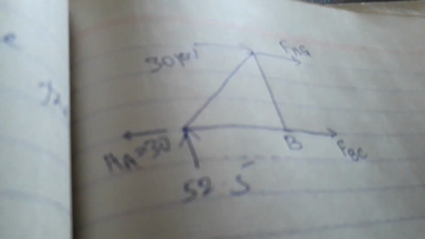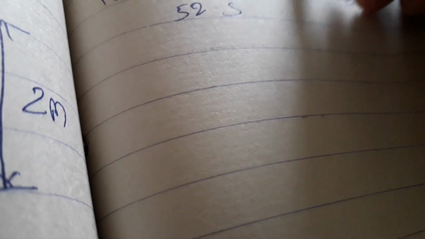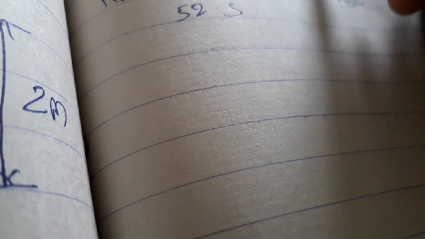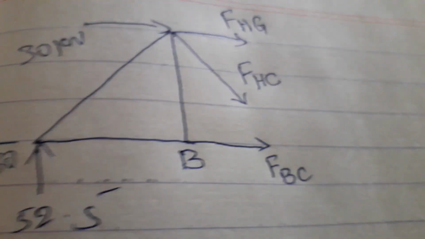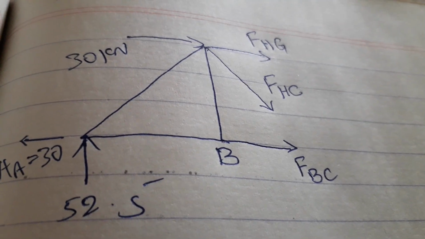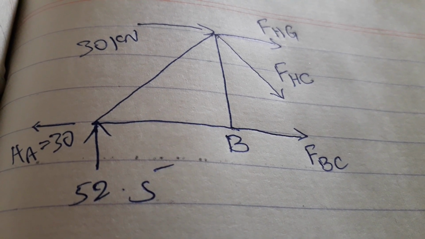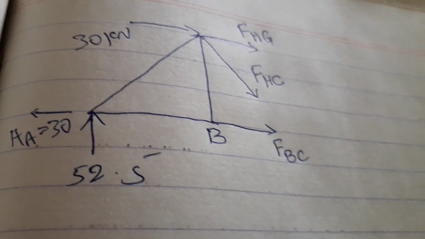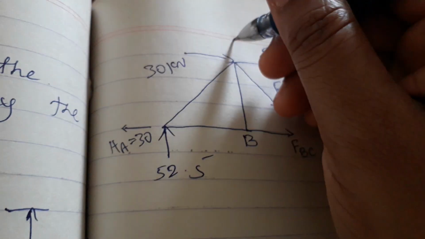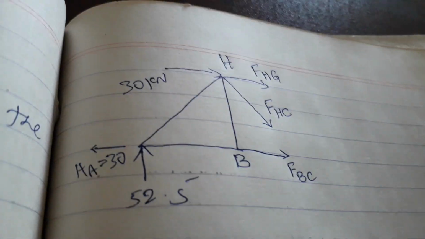And here it is like this, which is FHG, and a inclined which is FHC. So this is the section. So now using either sigma M or sigma Fy or sigma Fx, we have to calculate all the forces. So let us take sigma MH is equal to 0, that is moment at H is equal to,